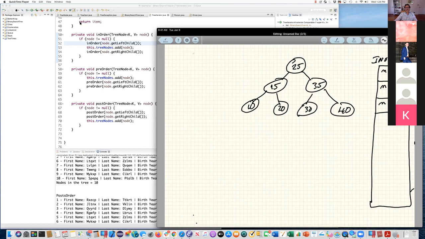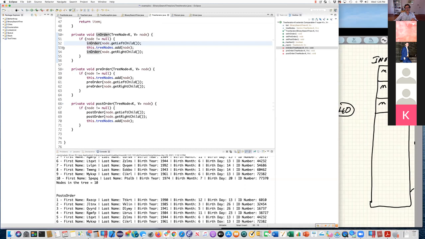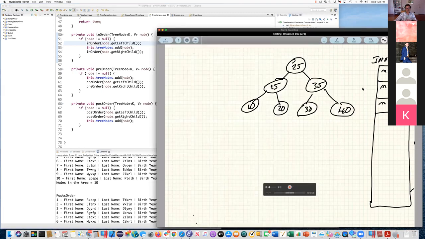Since I'm returning after line 52, which was the line I used to go to the left child, I am now at line 53, which means I output the node 10.